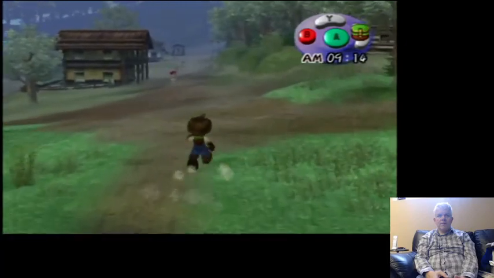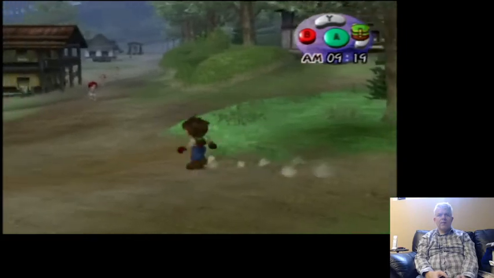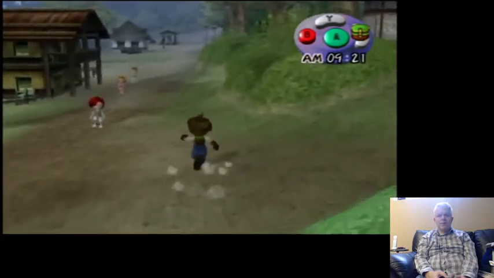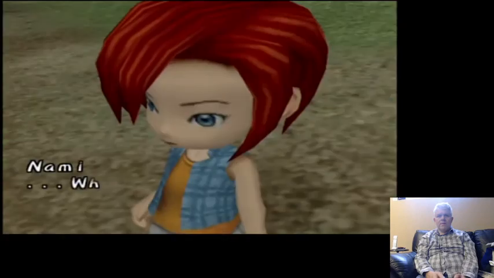Here comes a bunch of people. So I feel like, is this the... I don't know where you go. You can set up a shop around here. Oh, here's Nami. I wanted to... I'm trying...